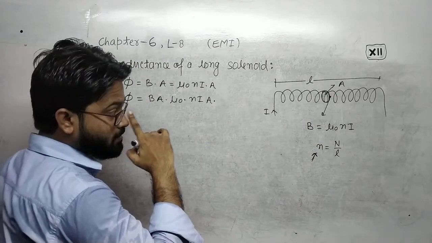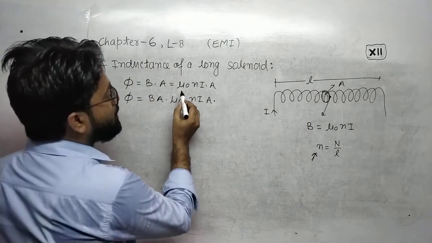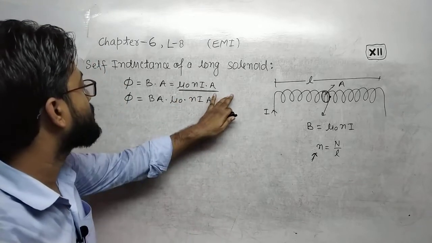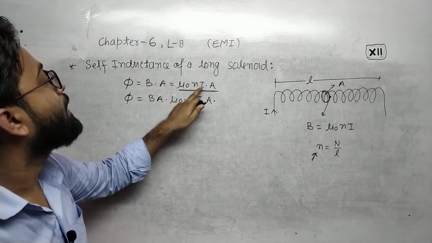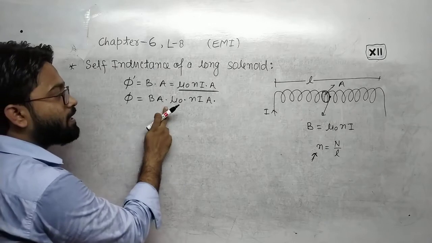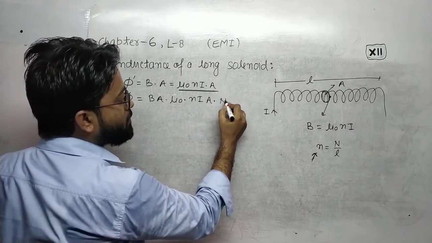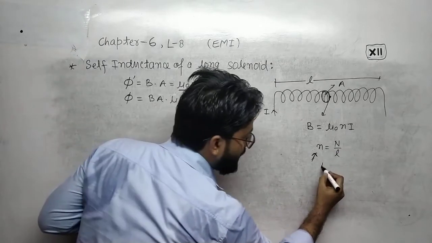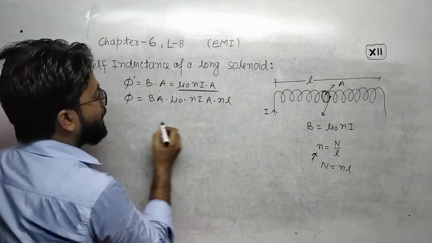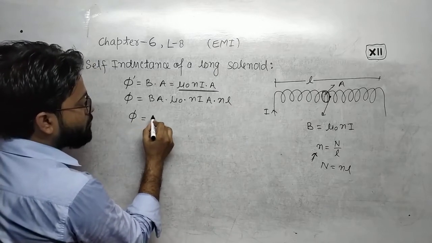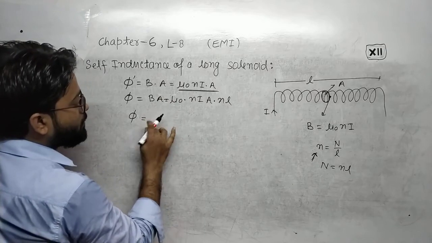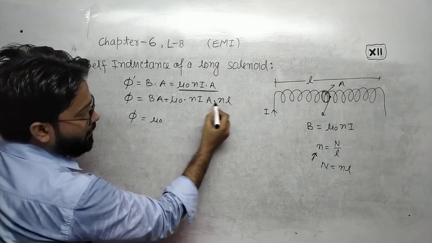In one turn, this is the flux linked with one turn, mu naught n I A. Let us suppose it is phi dash, and the total flux is phi, and the total number of turns is capital N. In place of capital N, we can write n L. Here you can write n L. Means total flux will be equal to mu naught n square